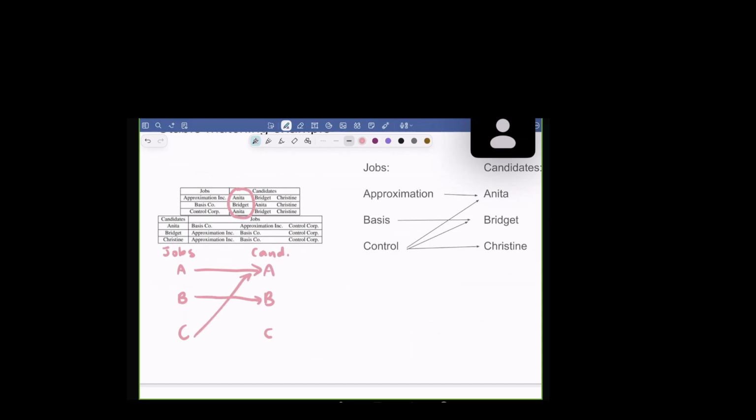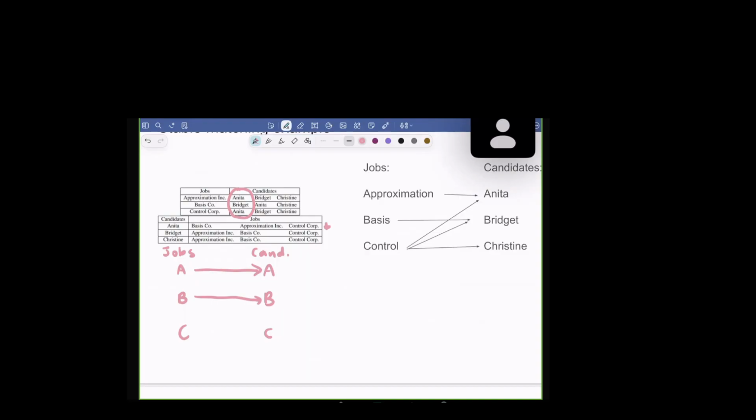And then what Anita is going to do is she's going to look at her rankings. So that's what's shown in this row up here. And so she puts Basis before Approximation, but Basis has not proposed to her. So she is going to choose the next one on the list, which is Approximation, and then she is going to reject Control. So now we can just take out this arrow because they rejected Control, and then we're going to go down, and then we're going to see who Control is going to